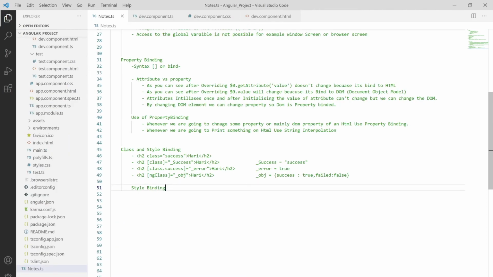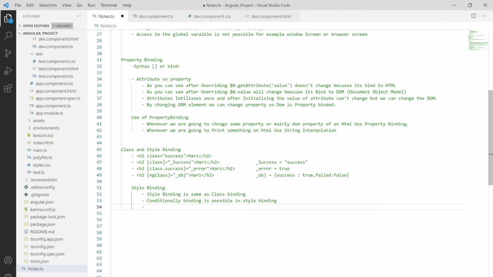Style binding is the same as class binding: conditional binding is possible in style binding.